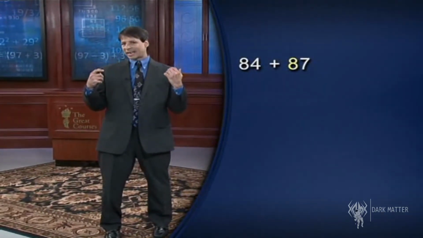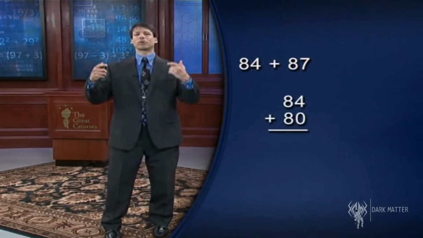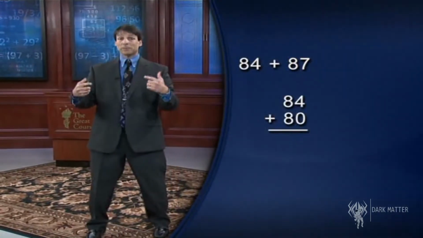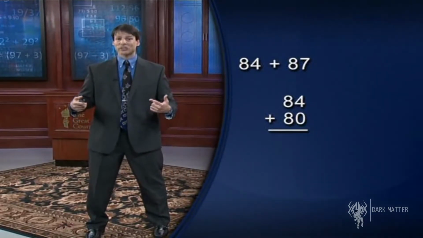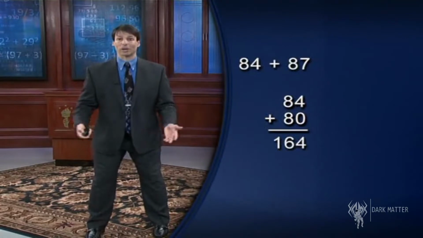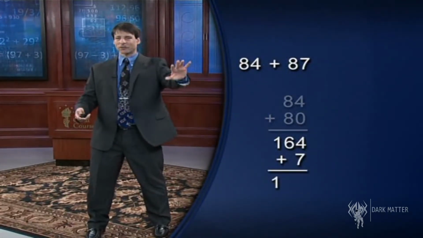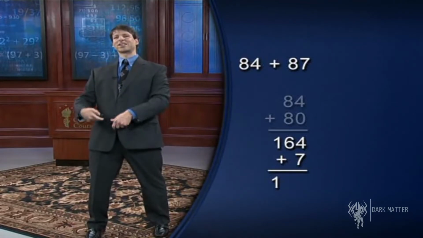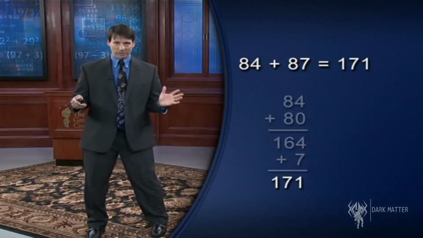Okay, so we're going to add 80, then add 7. Now 84 plus 80, see 80 plus 80 is 160, so 84 plus 80 is 164. Plus 7, go ahead and say that 100 if you want. 100, 64 plus 7 is 71. There's the answer, 171. With just a little bit of practice, you can add any two-digit numbers in just a